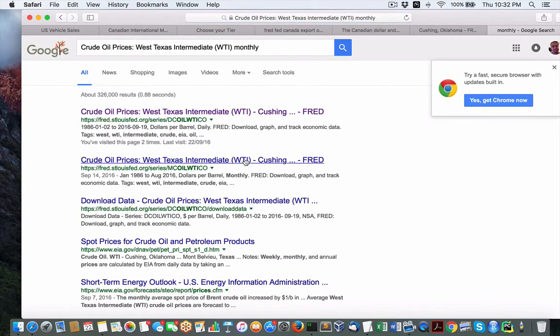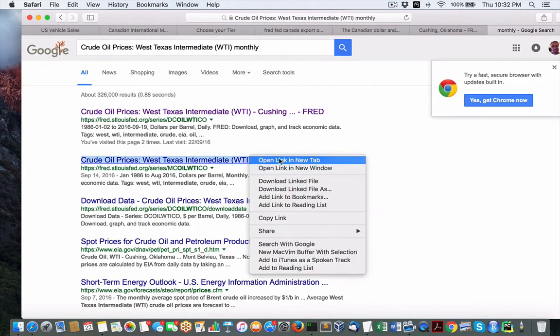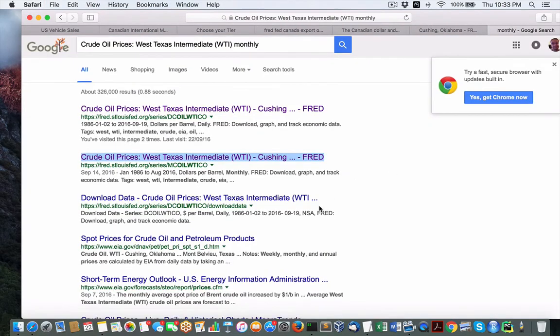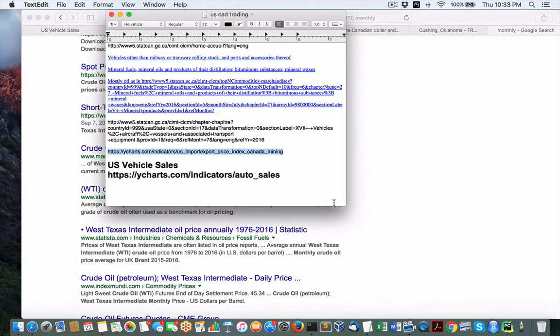Crude oil prices, can't remember, but there is a way to do it. Here you go, monthly, and you can just download from there. Alright, so, and just use this code here, the MCoil WTICO. Alright, so that's another important factor that you would use. Now, this is to measure the trade between Canada and Canada exports into the US. So that's some of the hints that you could use to understand the relationship between exports